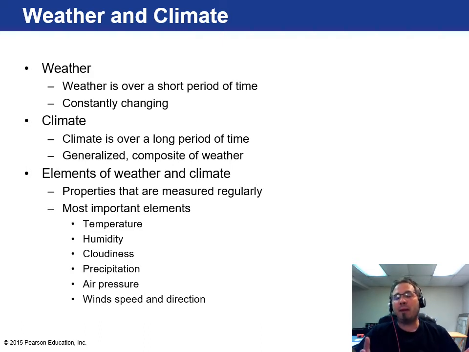Then you have wind speed and direction. Wind is caused by the sun, and it can get pretty windy here. We get some pretty windy days, but it's nothing like the Great Plains. It's always windy out there. But you want to know which direction the wind is coming from. In the winter, if the wind is off the lake, it's typically warmer, which is kind of weird, because in the summer, when the wind is off the lake, it gets cold. I've been down on the Summerfest grounds in June and freezing because that wind just came off the lake, and the lake water's still too cold.